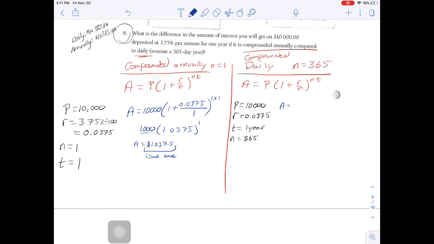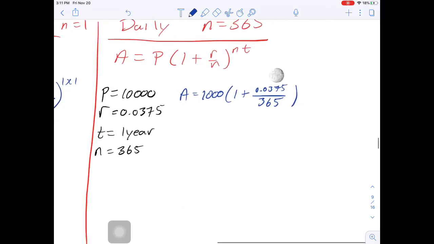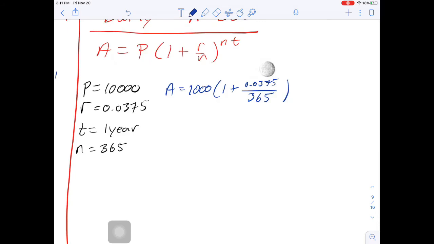So A will be P, which is 10,000, 1 plus R, which is 0.0375, divide by N, which this time now is 365, to the power of N, which is 365 times 1